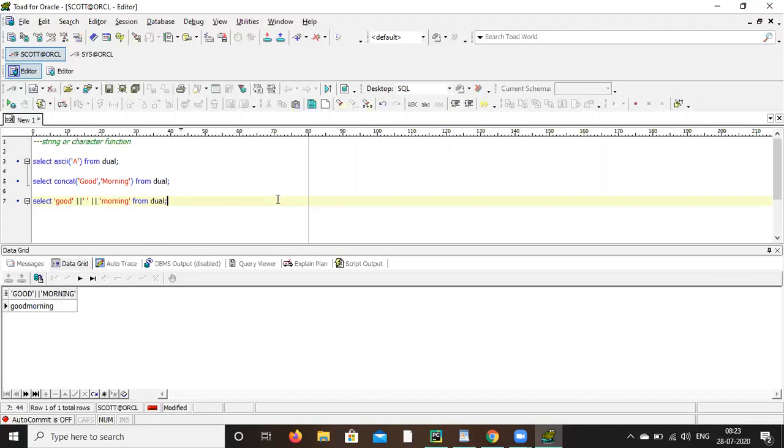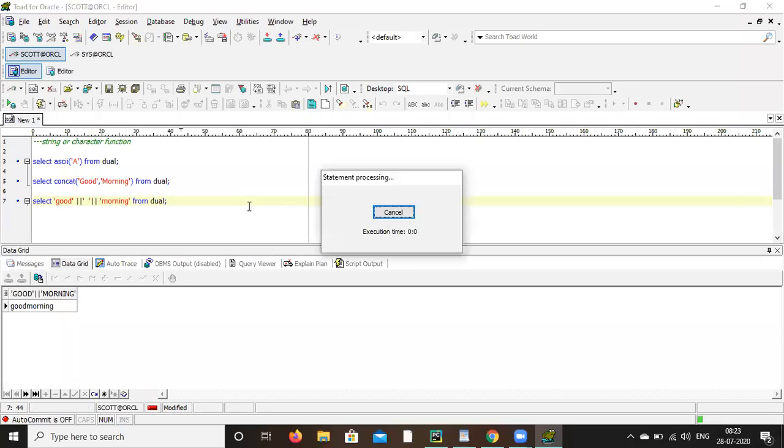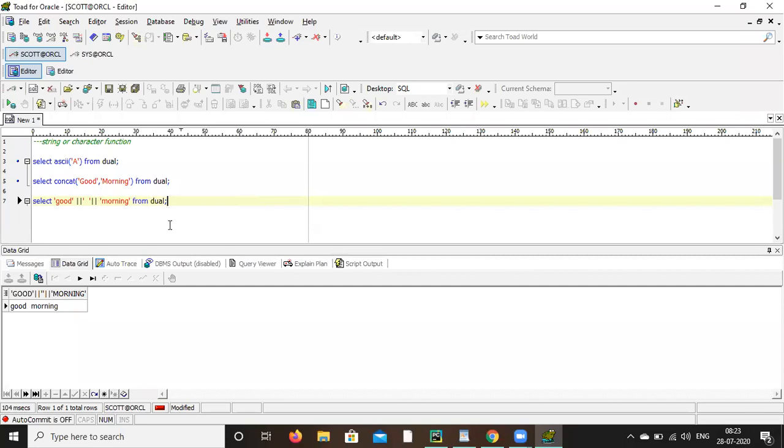So this pipe symbol you can concat like that. How many you want? You can just give pipe symbol, and you can concat the things. Run it. Okay. But in concat keyword, you can use only two. So better to use this pipe symbol.